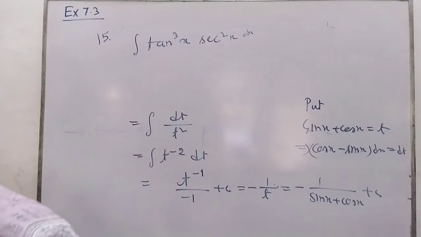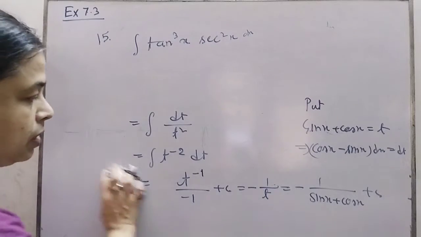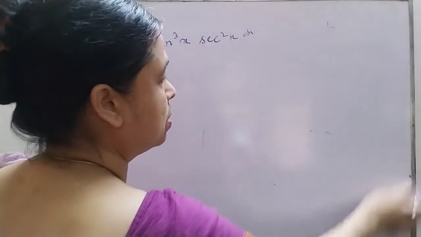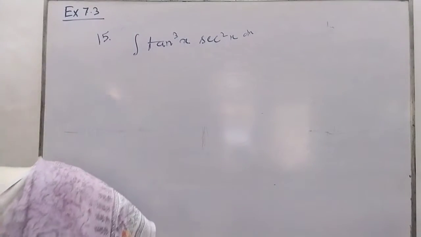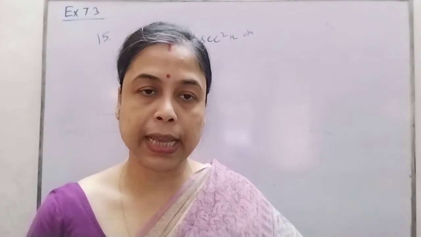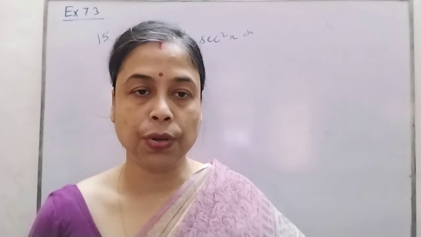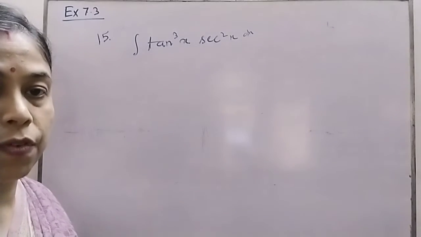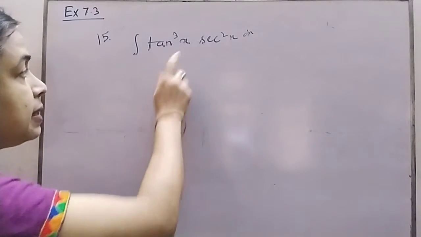Previously we have done so many questions containing sin and cos. Now what is the method we are going to apply for tan and sec? So you know, integration of sec square is known to you, which is tan x, and sec x tan x is known to you, which is sec x. So try to convert to any one of that form. For that purpose, as tan cube is there,